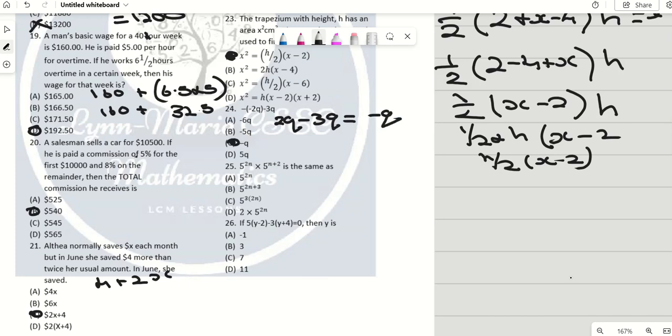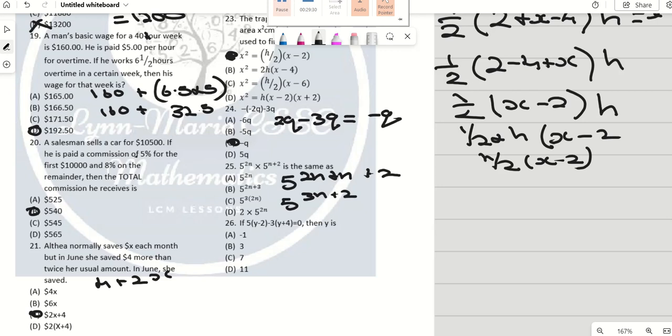This one, my bases are the same, and so we have to add our powers. So it will be 5 to the power of 2x plus n plus 2, which is 5 to the power of 3n plus 2. And that is how you do this question. So my mistake, this question is not that. It's supposed to be